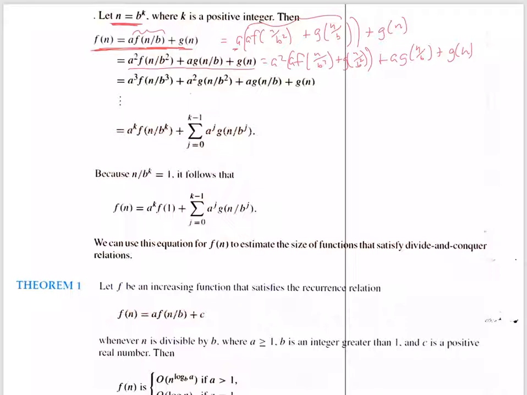Well, now we're going to apply the recursive relationship to f(n/b squared), and we get a times f(n/b cubed), that's supposed to be a cubed, plus g(n/b squared), all times a squared. We'll distribute that a squared through that parenthetical, and we get a cubed f(n/b cubed) plus a squared g(n/b squared), a times g(n/b), and g(n). And you will notice that if we continue to do this,